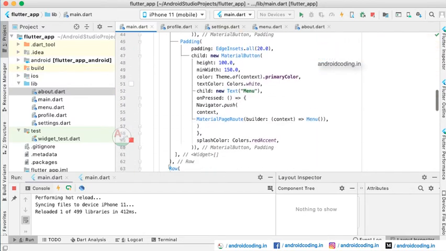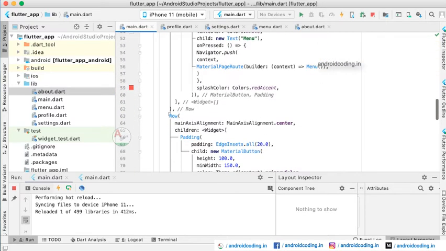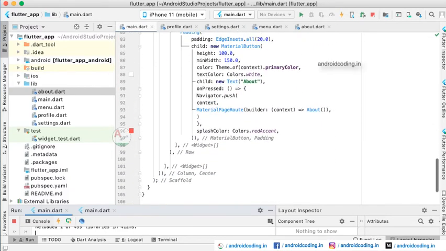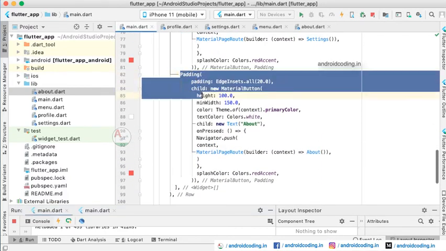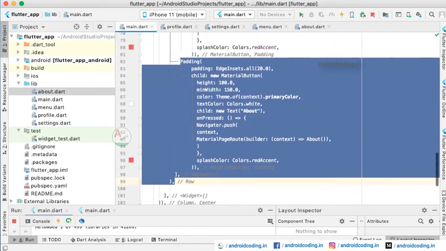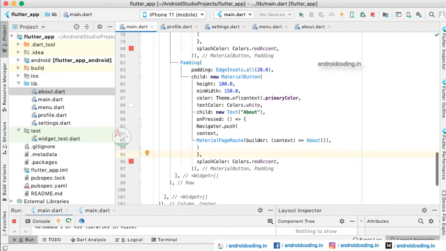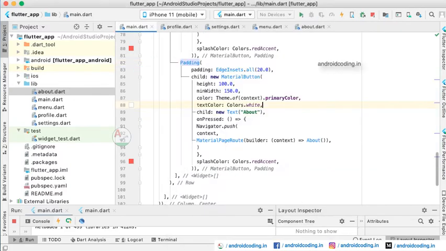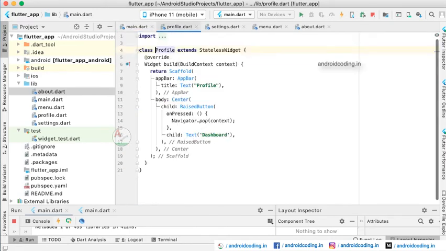These are the four screens we are considering in the simple dashboard, and if you want some additional buttons, you need to adjust this particular code. Till padding, it is there, right? This particular block of code is a button. You might make multiple buttons like this and multiple screens also.